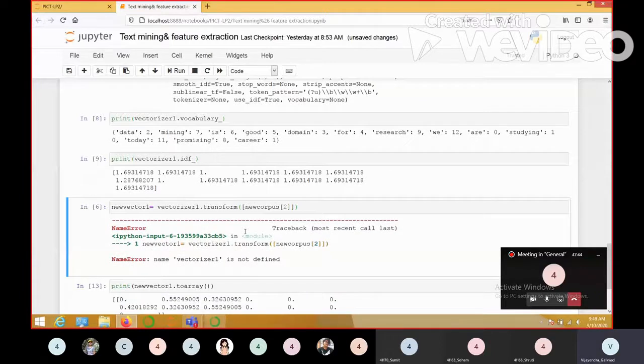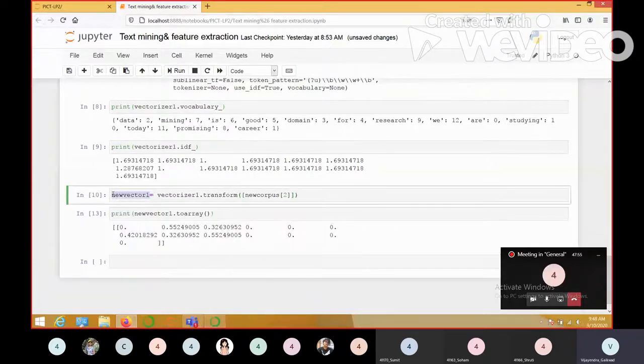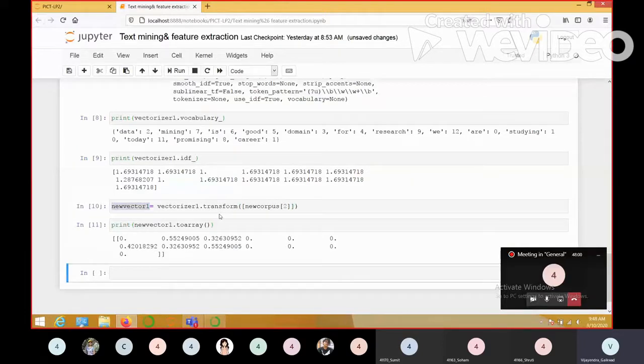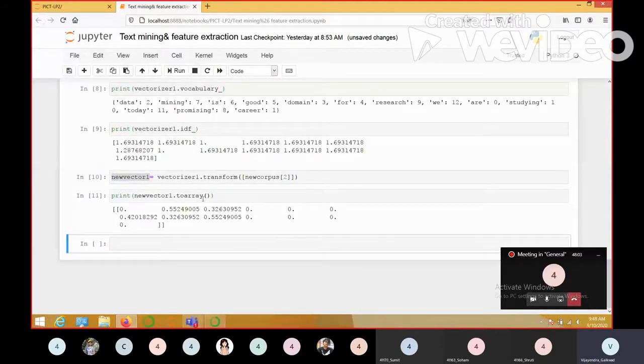Once we have trained it, like we did in the case of count vectorizer, we converted the resulting matrix into an array, and then we interpreted the result. So again, I will convert my matrix into an array and then interpret the result.